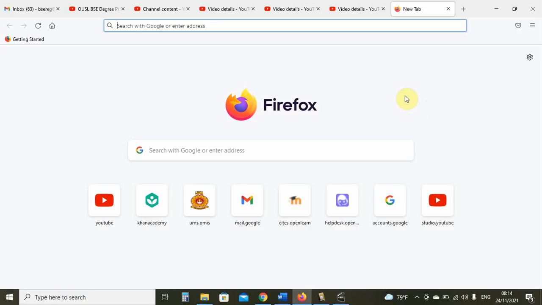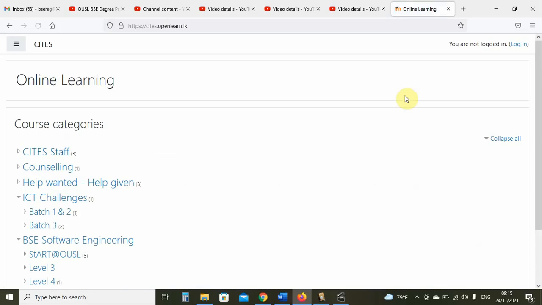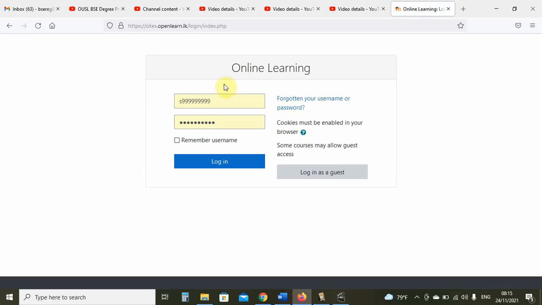Now that we have understood how to configure our learning management system account and set its password and do all the basic functions with the LMS, let us now go back to the English grading test. I will show you the login again, though you may already be logged in. So the login is sai@openlearn.lk, and if you go there, of course, you will find various things here. You will not see all of these things because you are students with limited access. I will log in as a student.